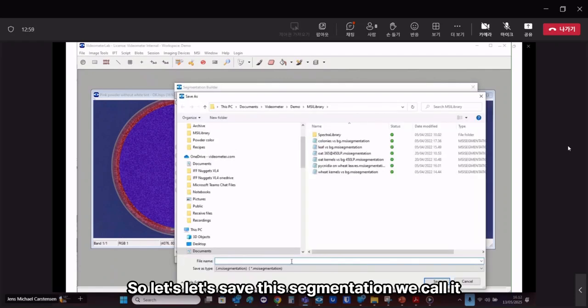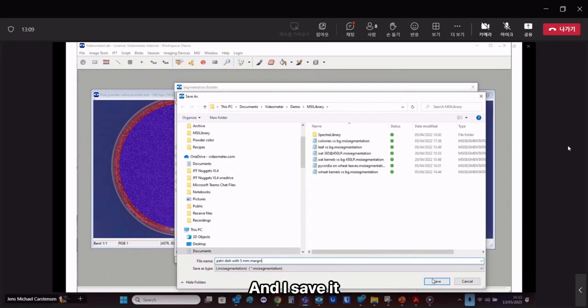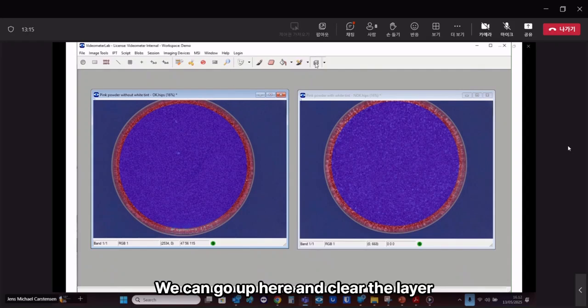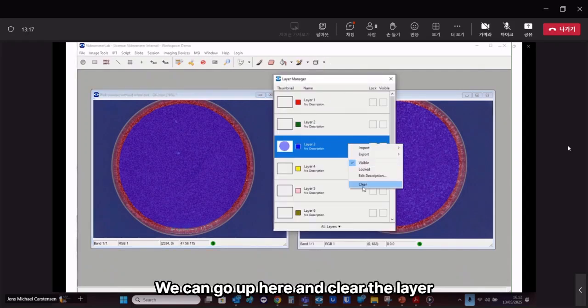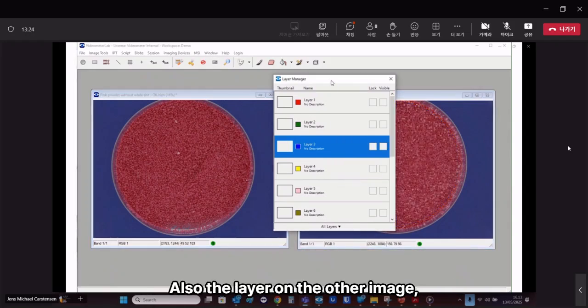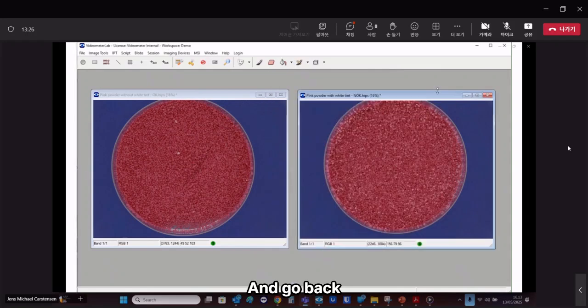We call it Petri dish with 5 millimeter margin, and I save it, and then we leave this one. We can go up here and clear the layer because we don't need that anymore. We clear also the layer on the other image and go back, and now we enter into the second step,